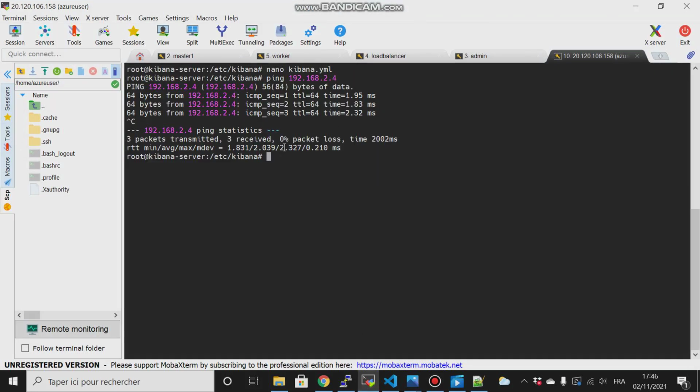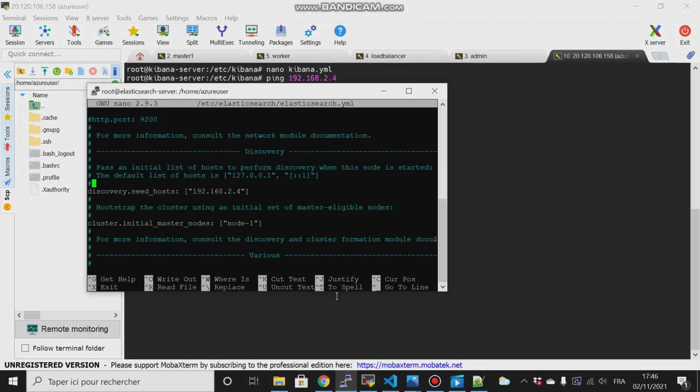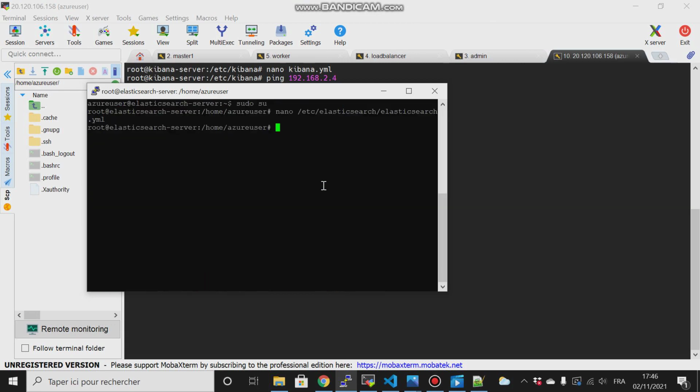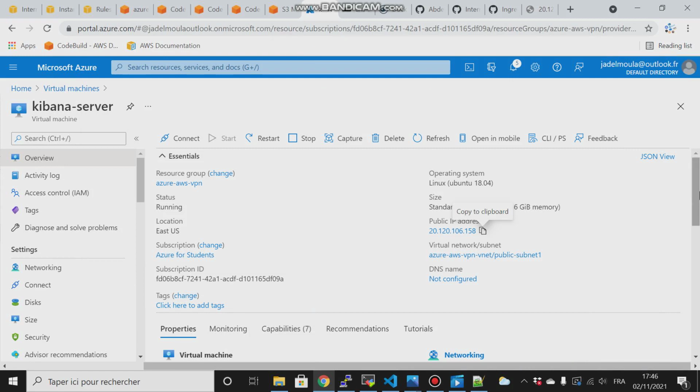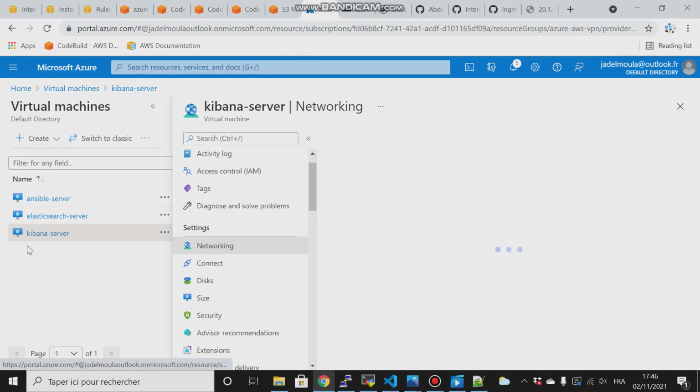So I have set everything, service, Elasticsearch restart, right? And then I think the problem here is the problem of port. What I have to do, go to networking,